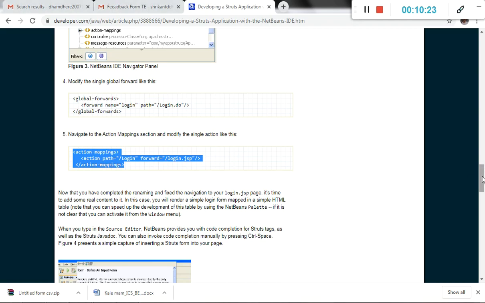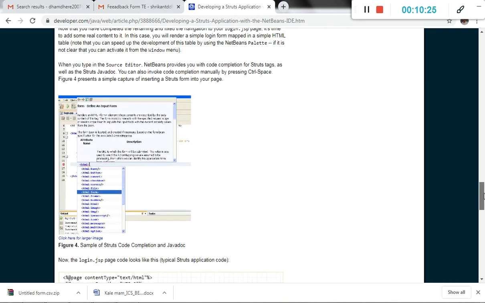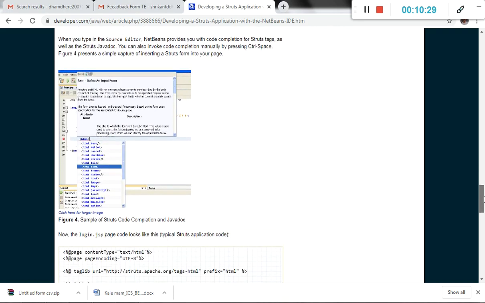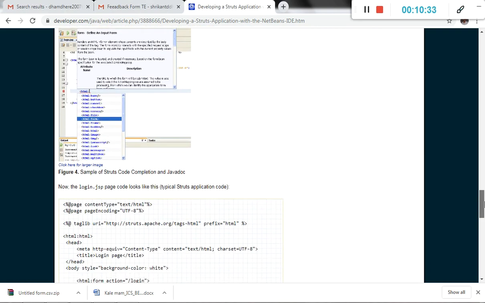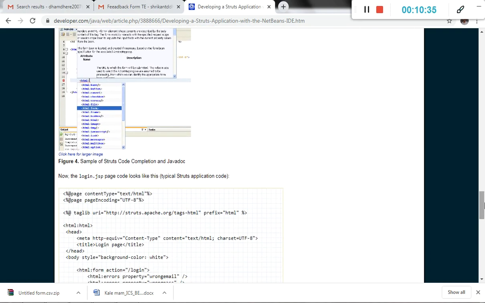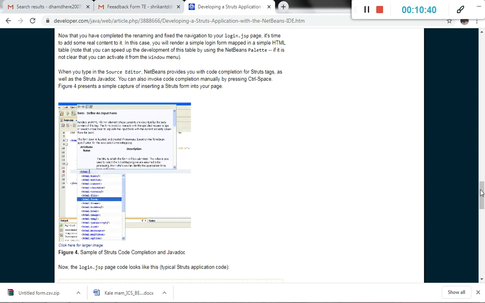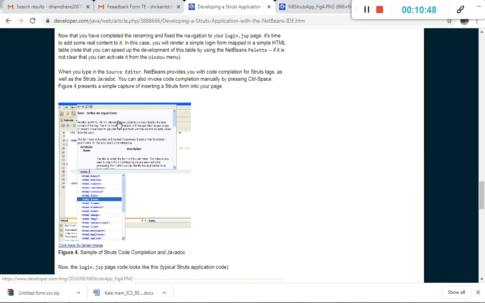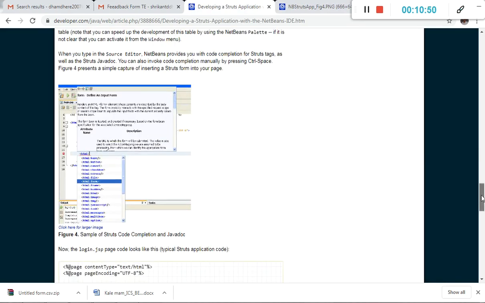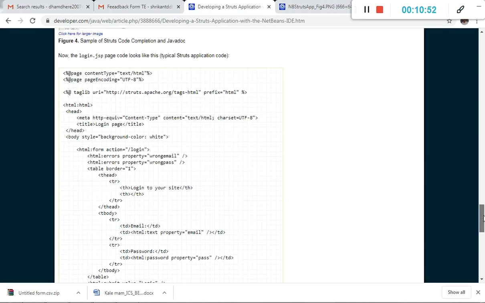And then next, a sample of Struts code completion and Javadoc. We want to create the login.jsp here. It's simply the file which contains a modification. We've already done it, and we just copy this code.